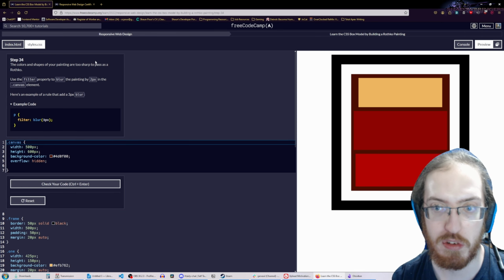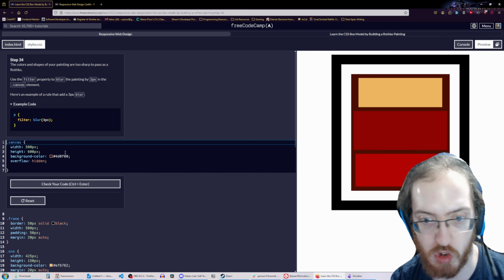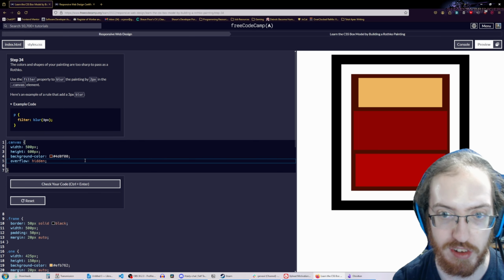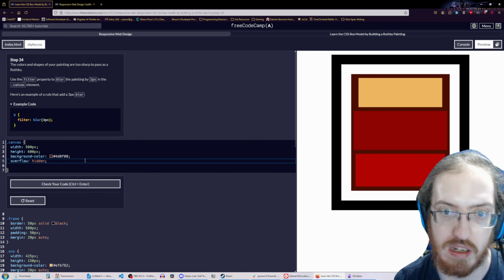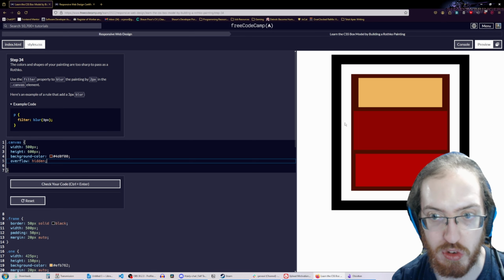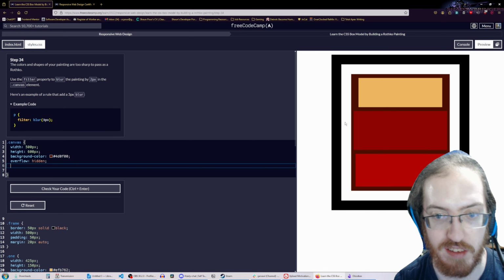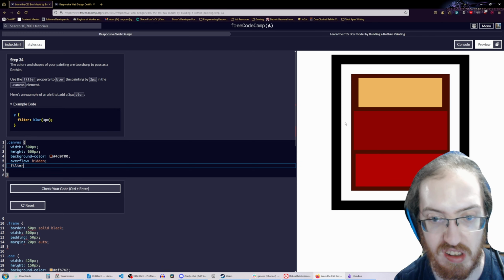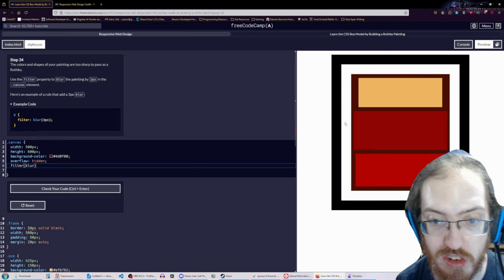Now the colors and shapes are too sharp to pass as a rough goes, so it needs a filter. Let's see. Blur the painting by 2 pixels in the canvas element. I never actually used the blur